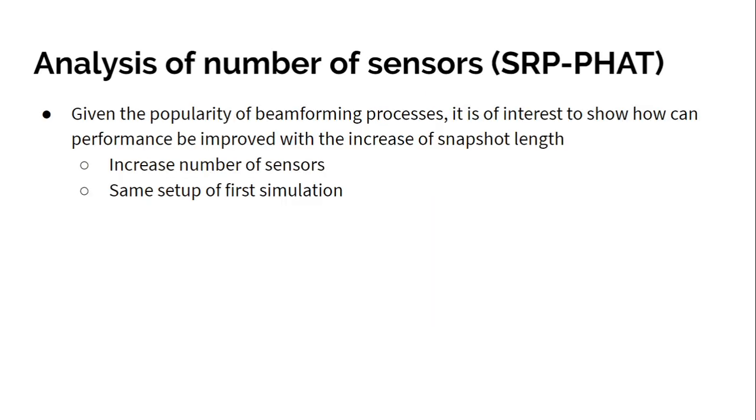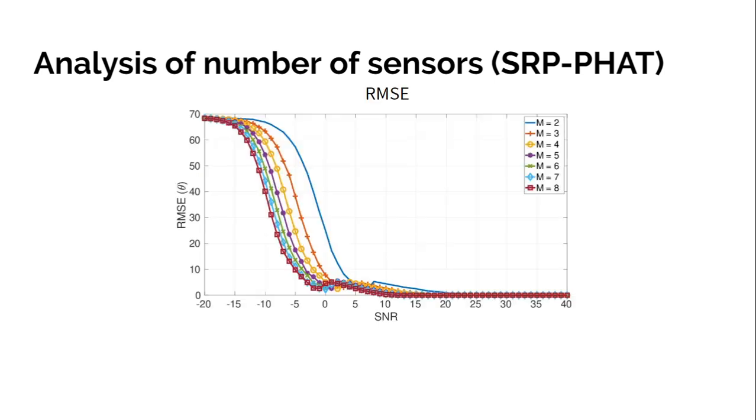The last analysis we're going to conduct here is the number of sensors for SRP-PHAT. We can see that SRP-PHAT can be really useful in a number of situations, but how do things get better when I increase the number of sensors? We're going to conduct the analysis with only real Gaussian noise as well, and we increase the number of sensors from 2 up to 8. And we can see here that the curve